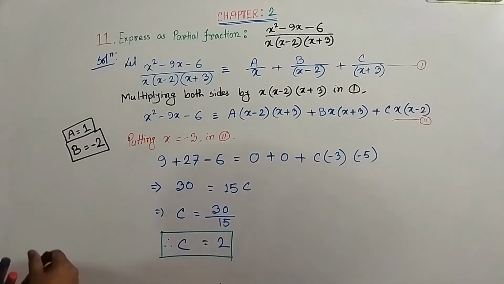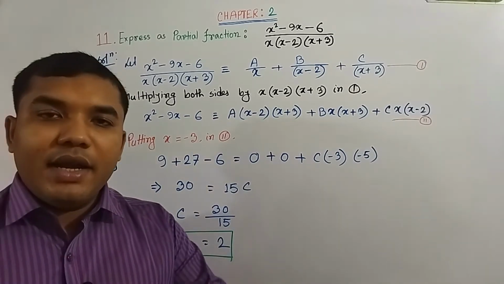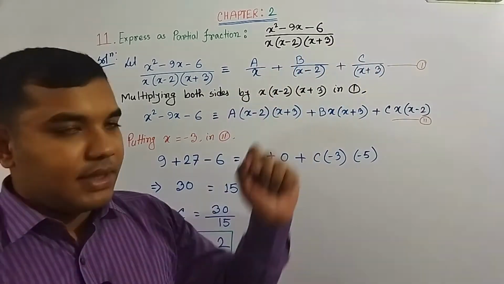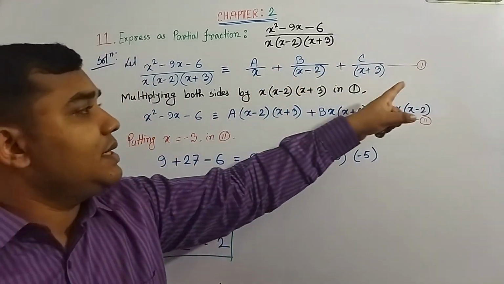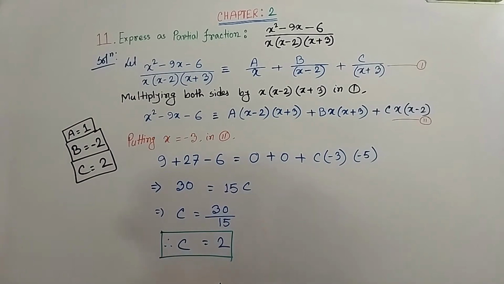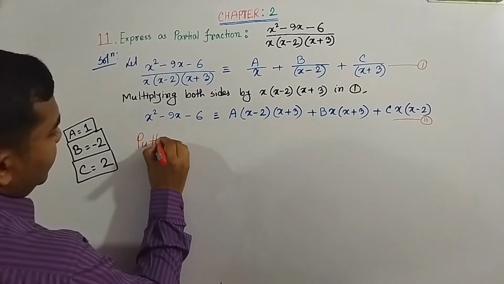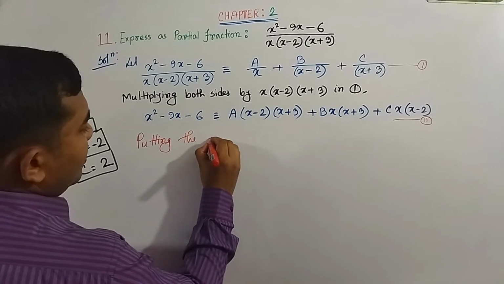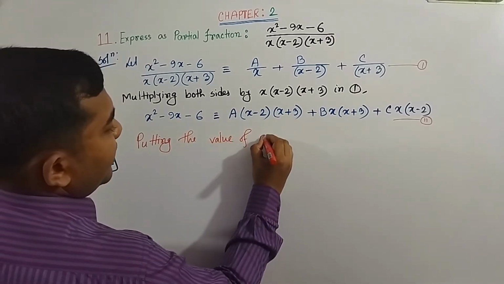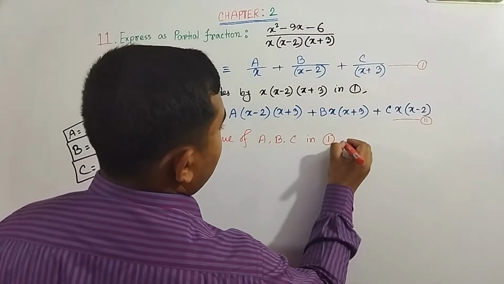So here we have found another value, c, which is 2. So we have already found our three unknowns, that is a, b and c. If we put the values of a, b, c in equation number 1, then we get our resultant answer. Okay, just putting the values for a, b, c right now. Putting the values of a, b, c in 1,